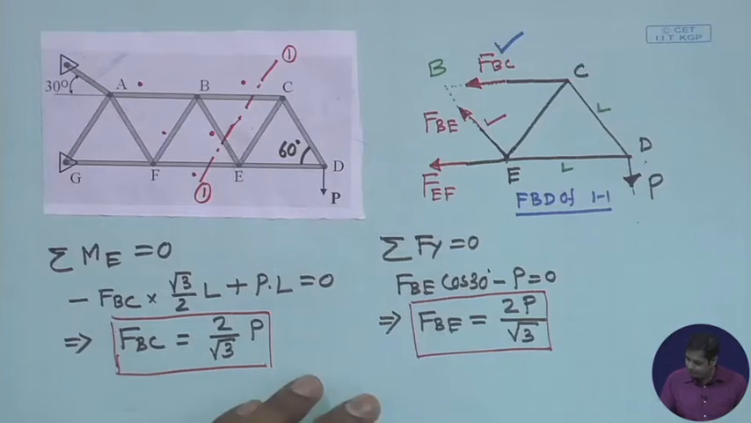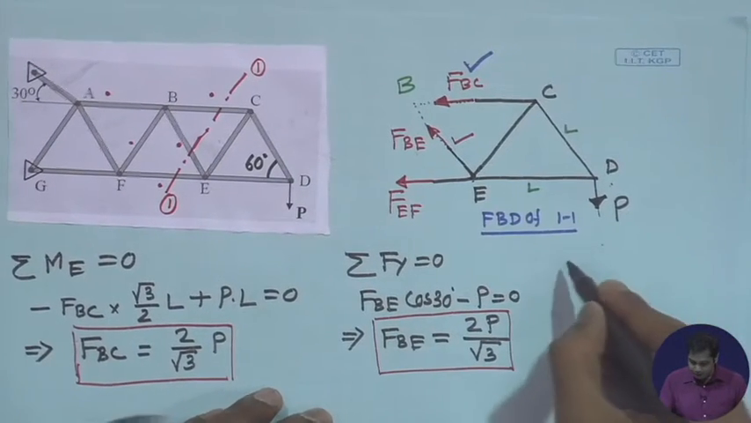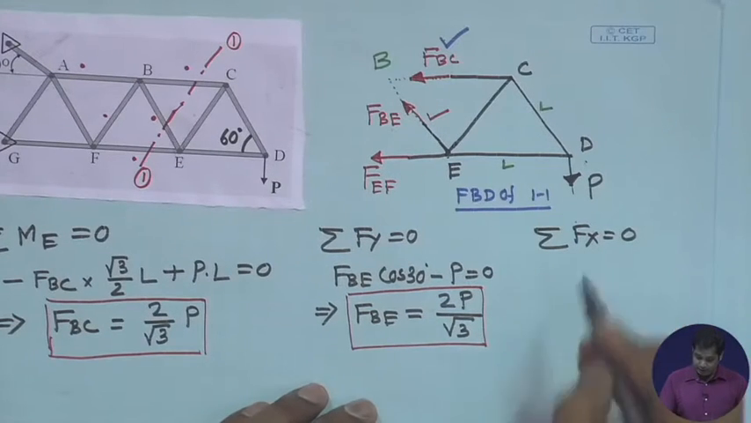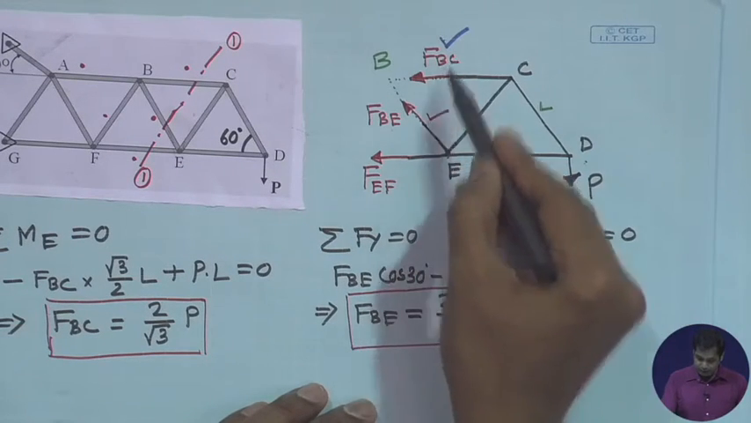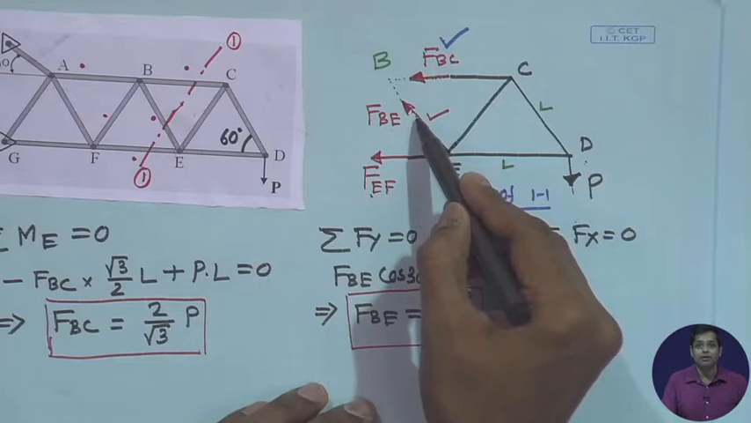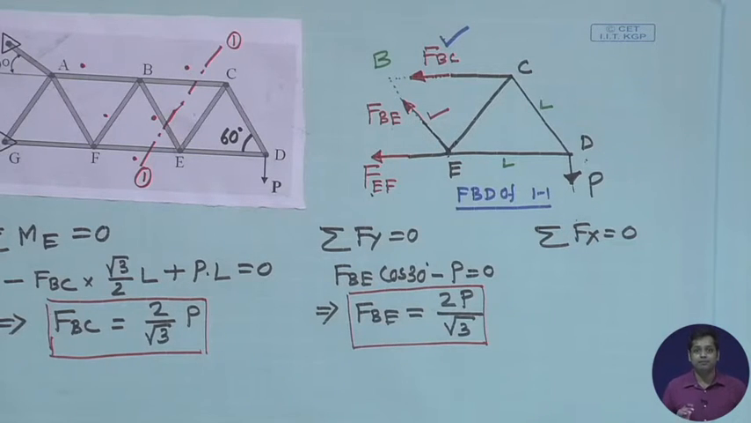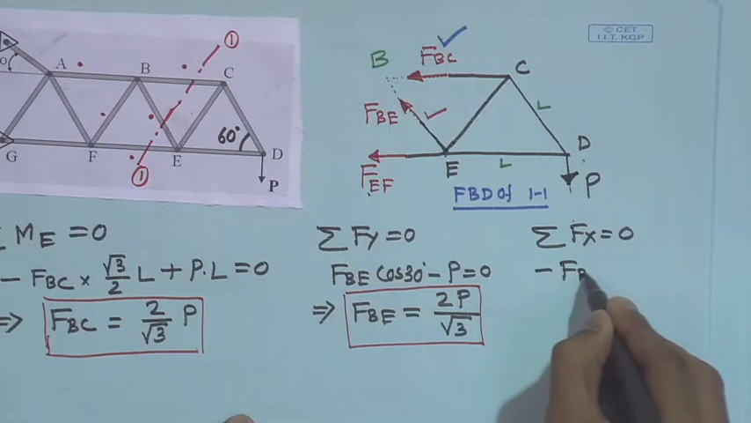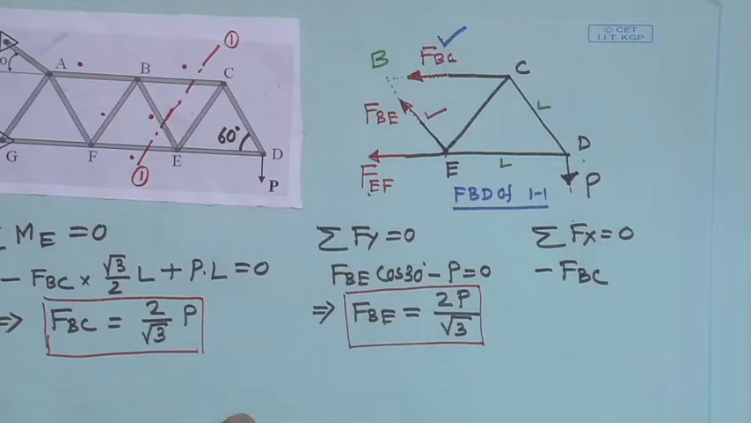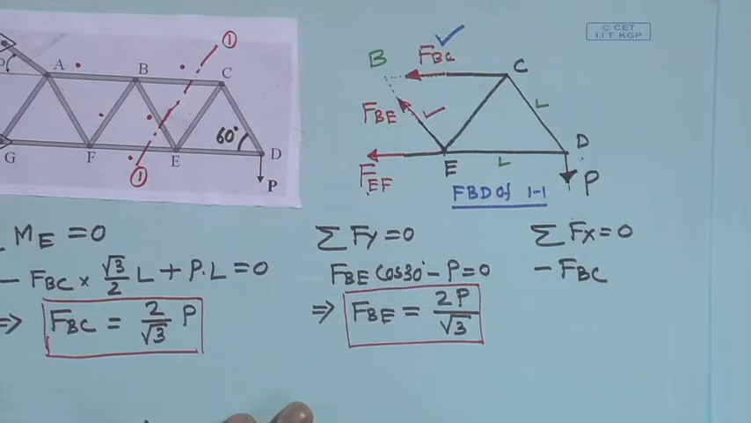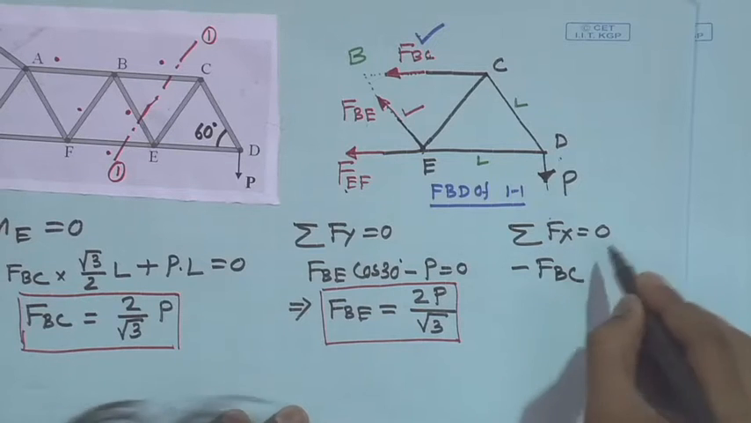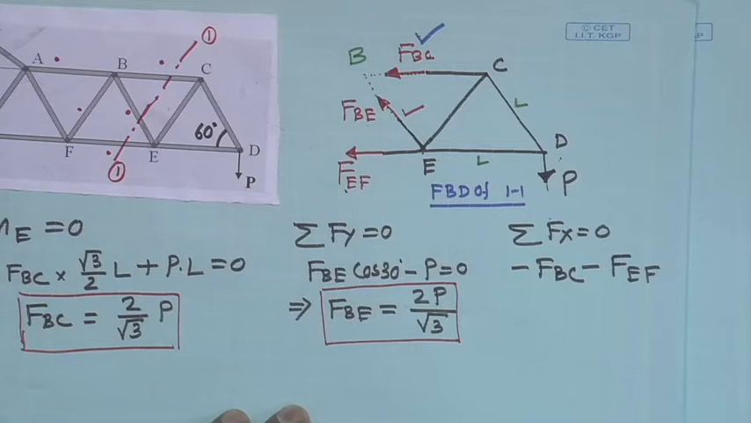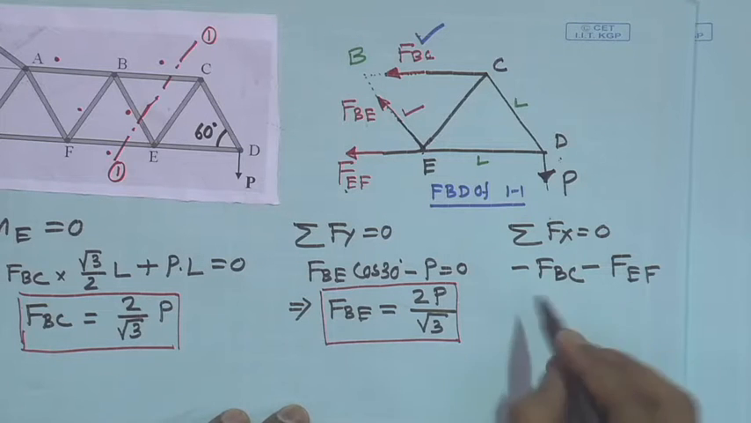Force in member EF: if you take summation of Fx equal to 0, what are the forces that will contribute? This force, and the horizontal component of this force. Those forces are minus FBC, because this is in this direction, and as per our sign convention this is negative, and then minus FEF, this is also negative as per our sign convention, and then again minus